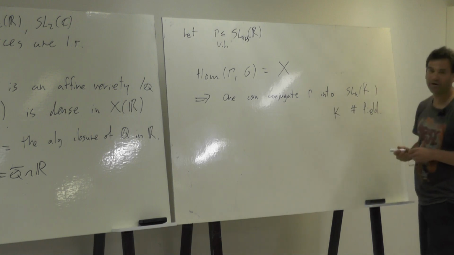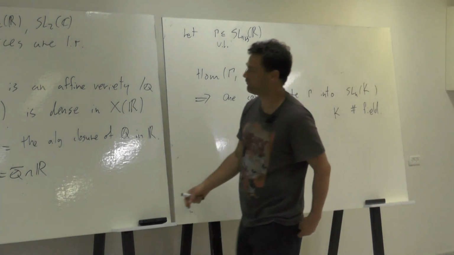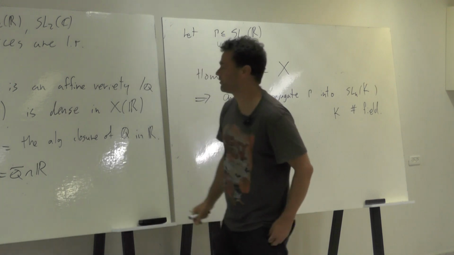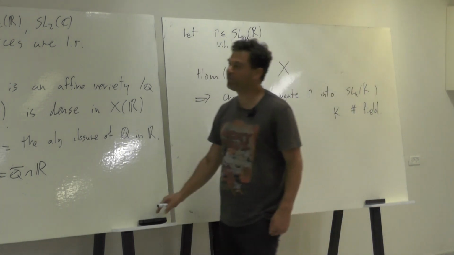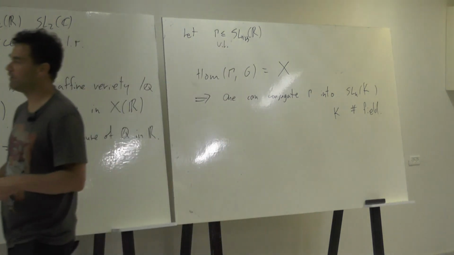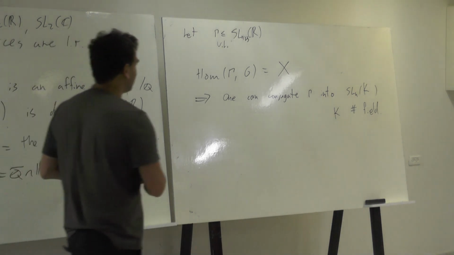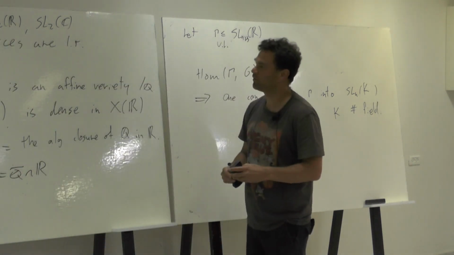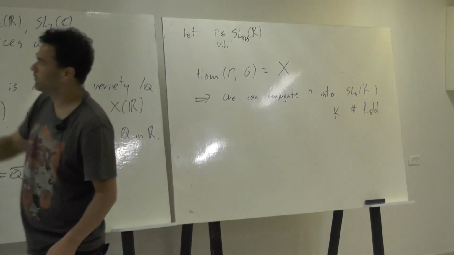Because Gamma is finitely generated, you need a finitely generated algebraic extension. It's a finite extension of Q. And maybe that was the motivation of Selberg to conjecture that any lattice is arithmetic. But the way he conjectured it was not correct, and it was corrected by Piatetsky-Shapiro, who added this factor.